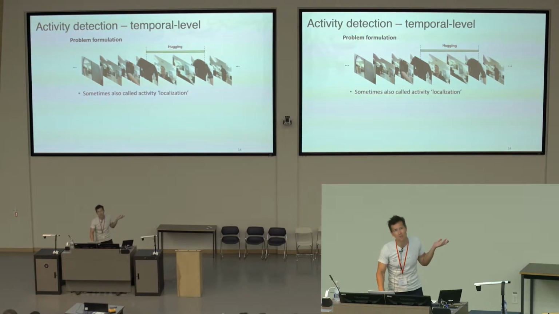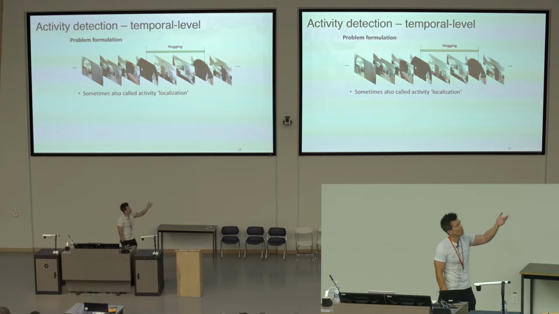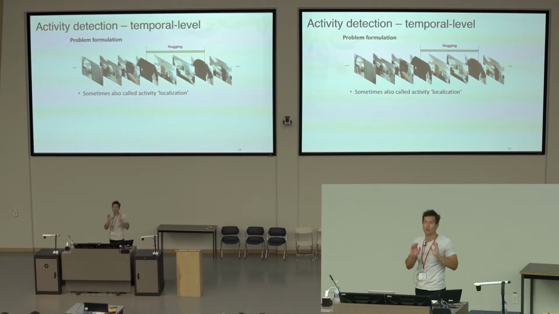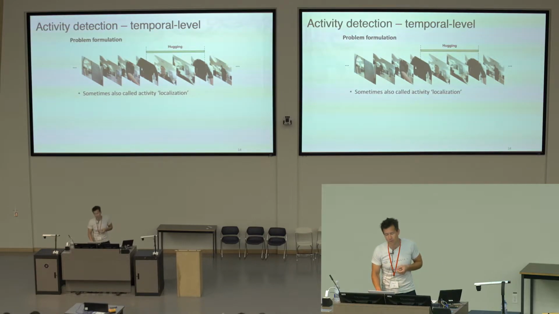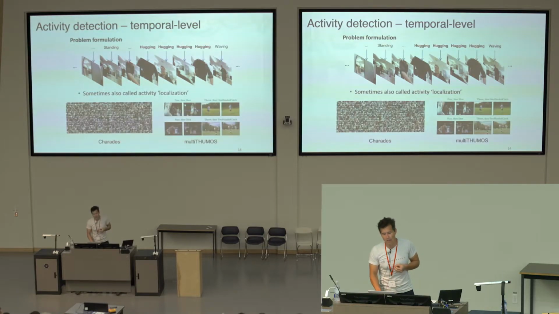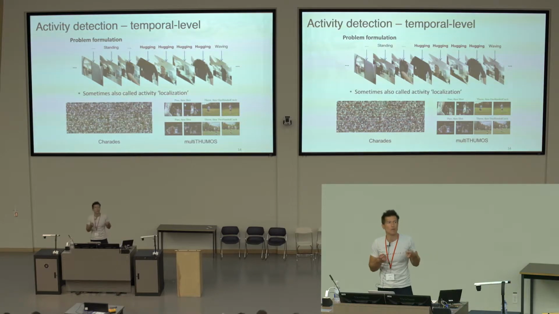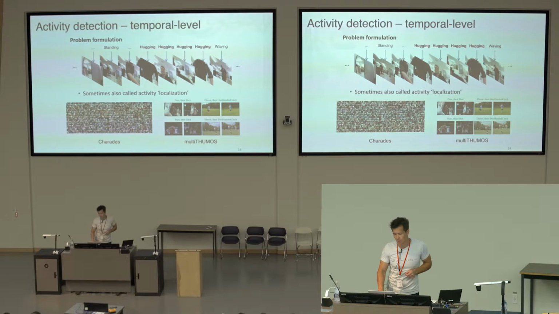This type of representation is often better, right? So this sort of thing where you actually annotate temporal durations and say multiple possible such things is often a better type of representation. Okay, so how do we do that? Again, there are data sets that exist in the literature. If you're interested in this field, there are things like Charades or MultiTHUMOS. Multi comes from the fact that it's multi-label. So there are snippets of action that are represented via multiple labels in time.